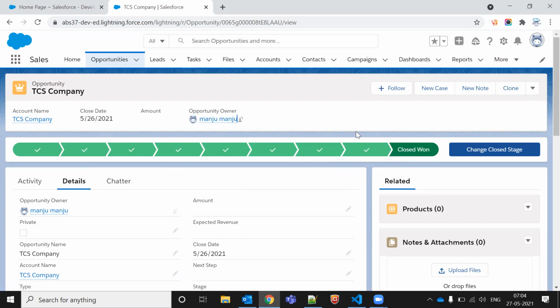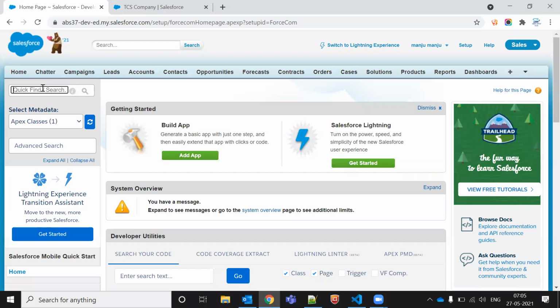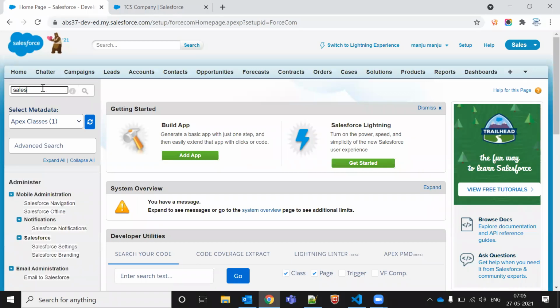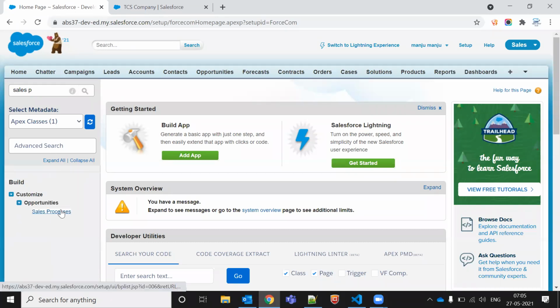Or similarly, if you want some flower activities there. Flowers means, let's say you are working with Trailhead or something like this, and finally you get a success, some flowers come from the top. Like we say congratulations on Facebook, if you write congratulations in a comment, you will get some flowers, right? Something like this. All these things we can also do here. So how can we do it? So we have the sales process.